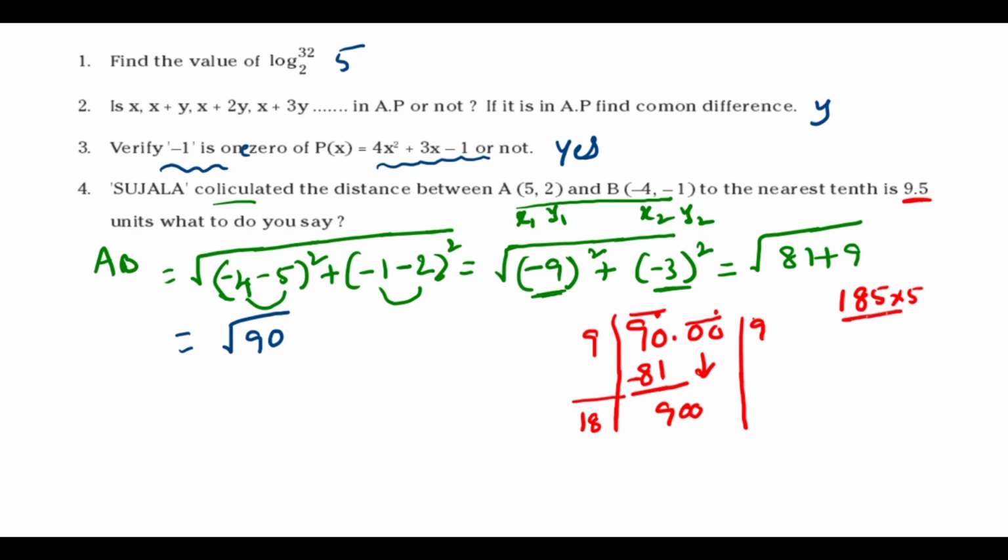So 5 5s are 25, 5 8s are 40 plus 2 is 42, 5 1s are 5 plus 4. Excuse me, one more time we'll explain, a little mistake here. So after 18, now I'm taking 5 and going to multiply by 5. 5 5s are 25, 5 8s are 40 plus 2 is 42, and 5 1s are 5 plus 4 is 9.